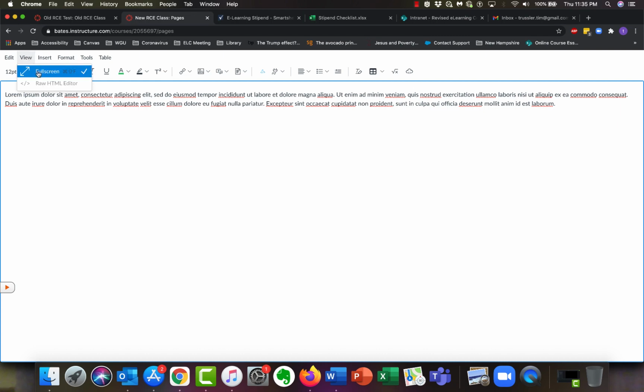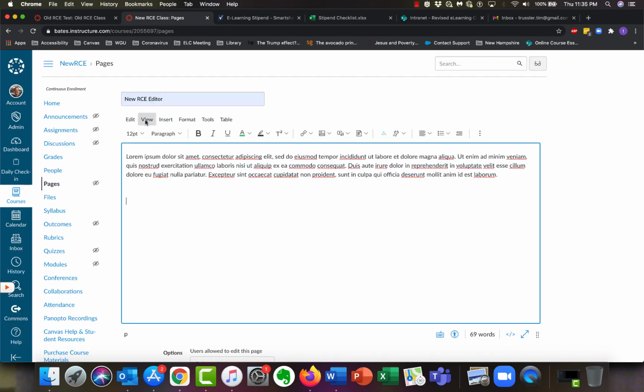Okay, and then I just go back out of full screen. The other thing you see on view is an HTML editor. You can just toggle back and forth onto that. Okay, our next drop-down menu is the one that most of you are going to deal with because you're looking